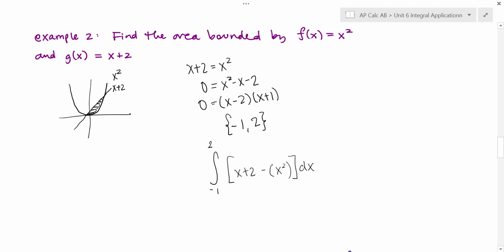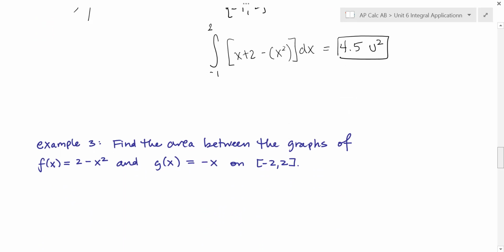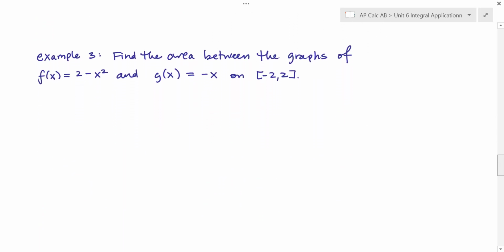And I'll just give you guys a second to plug this in. Press pause if you need to plug it into your calculator. And you should get the area here is about 4.5. And remember, you can say units squared if you want. It's a good habit to get into,